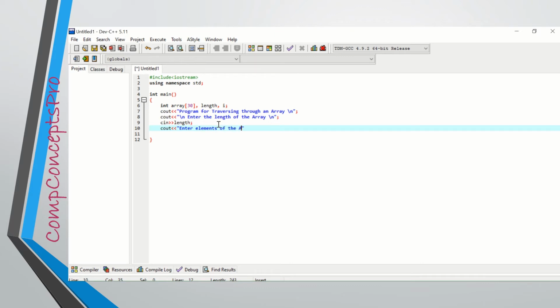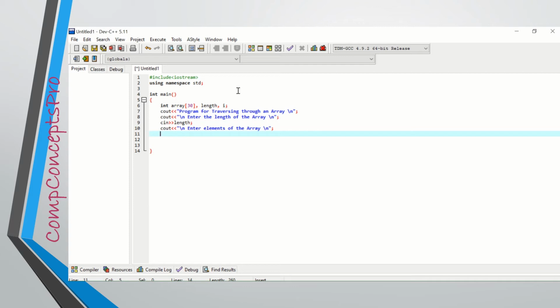Next, I will ask the user to enter the elements, enter the values of the array. I am using the new line characters generally at the end and start of all the cout statements. This improves the readability of the program, readability of the output basically.